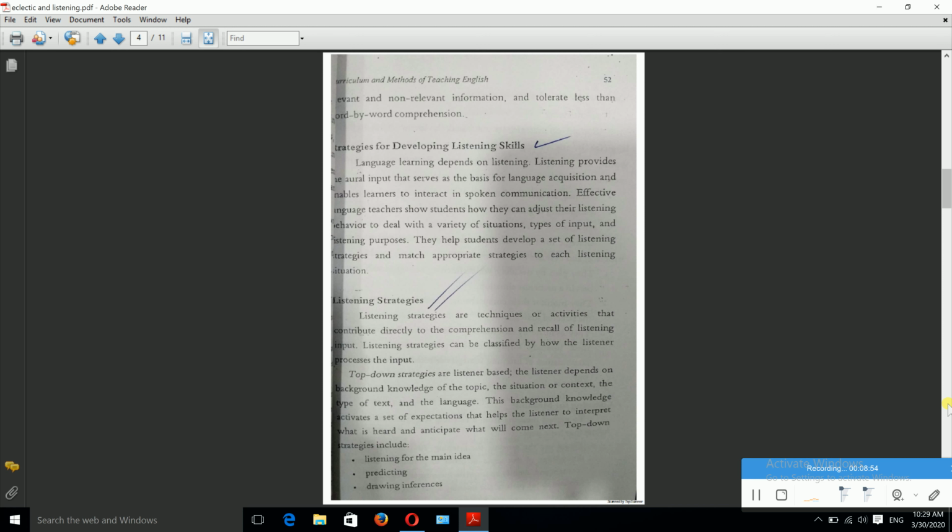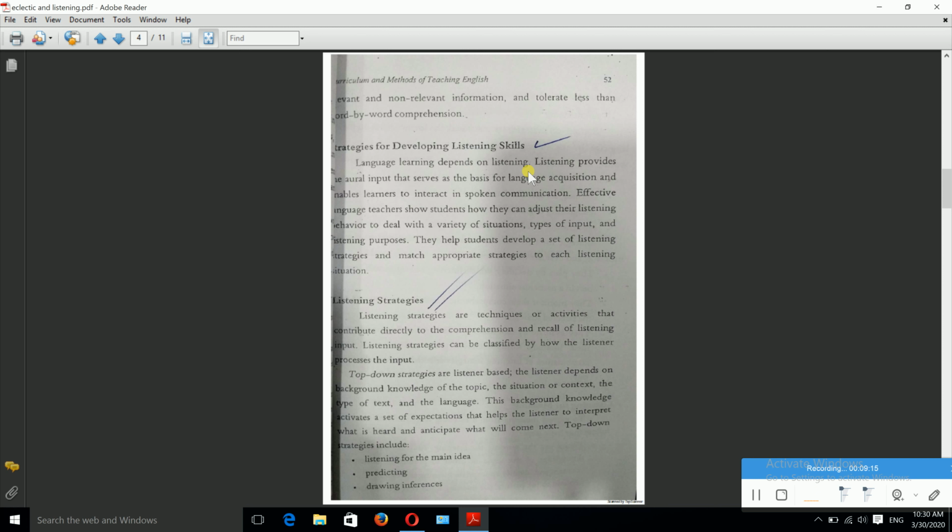Strategies for developing listening skills. Language learning depends on listening. Listening provides the oral input that serves as the basis for language acquisition and enables learners to interact